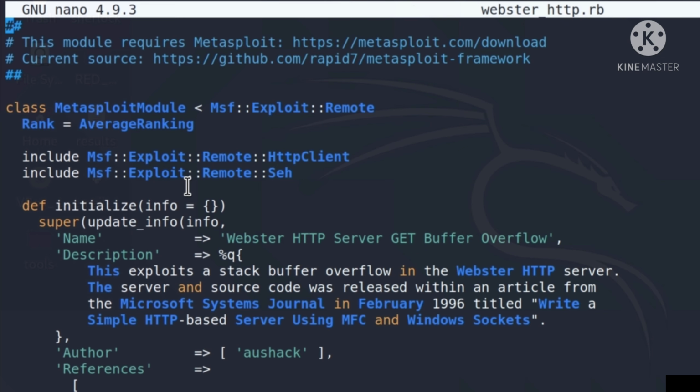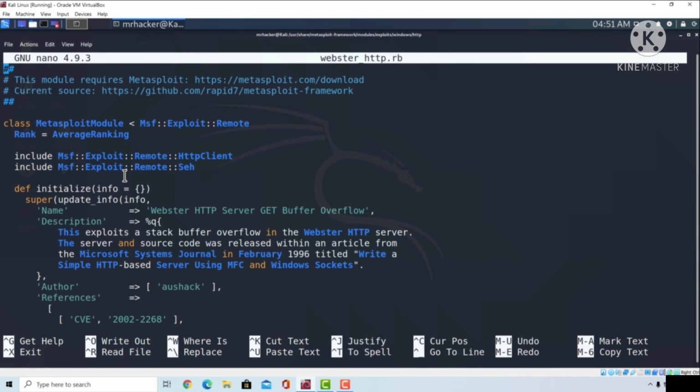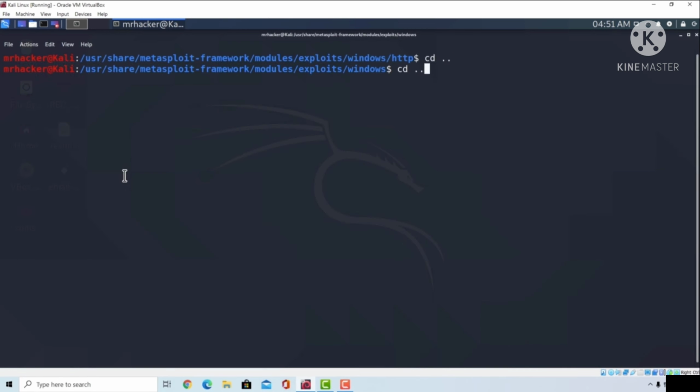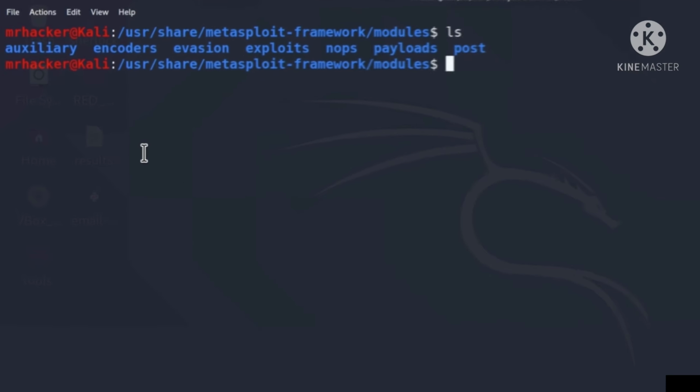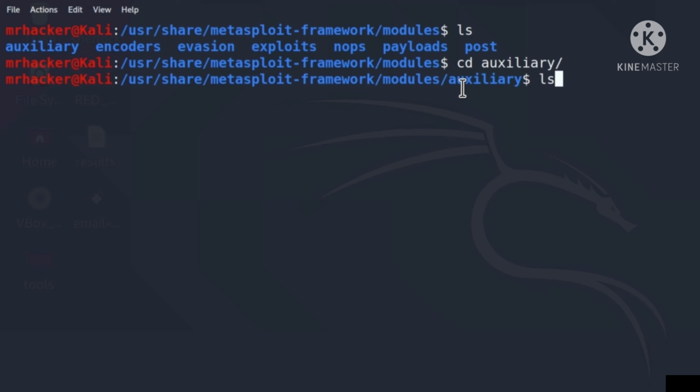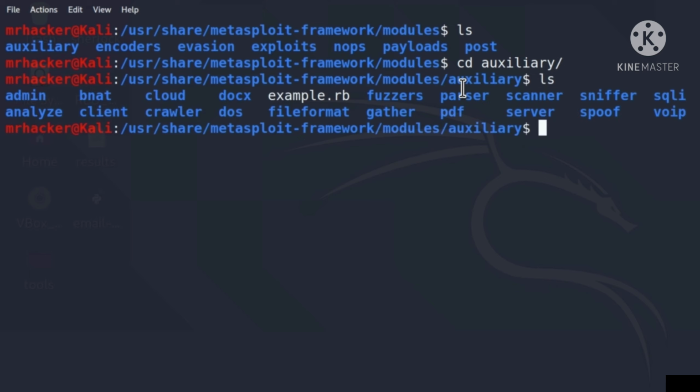Let's also mention other modules that exist besides these. So if I go back to the modules directory and type ls, let's next talk about the auxiliary modules. If I change directory to auxiliary and type ls right here, we will see that auxiliary modules